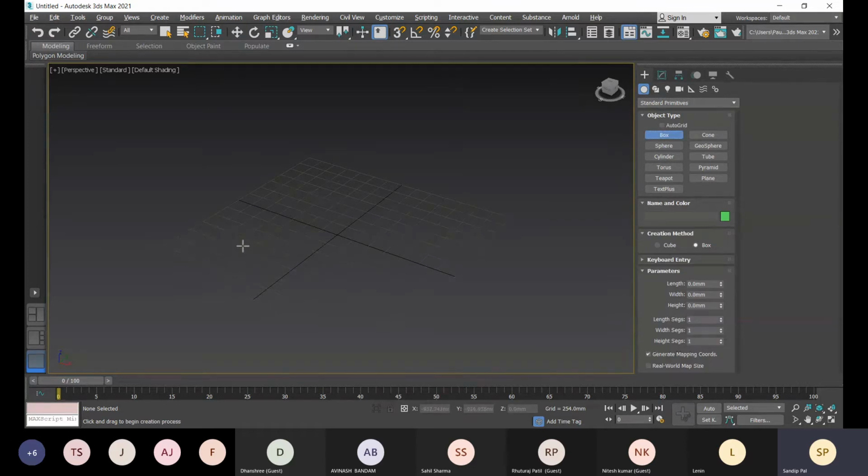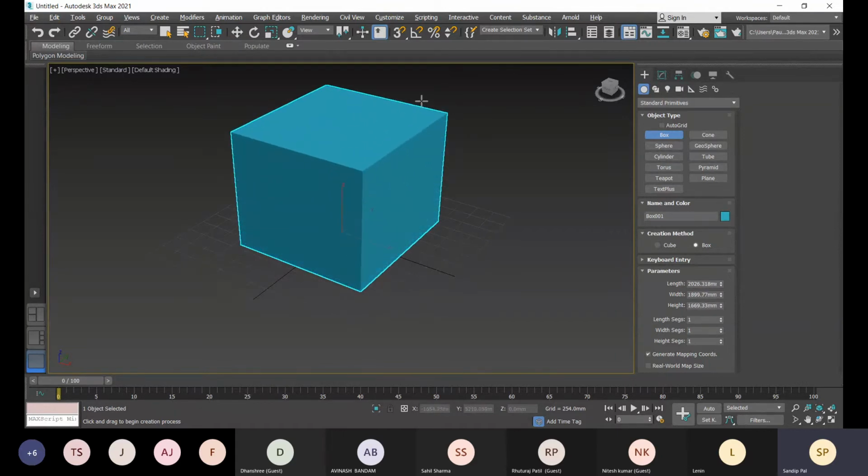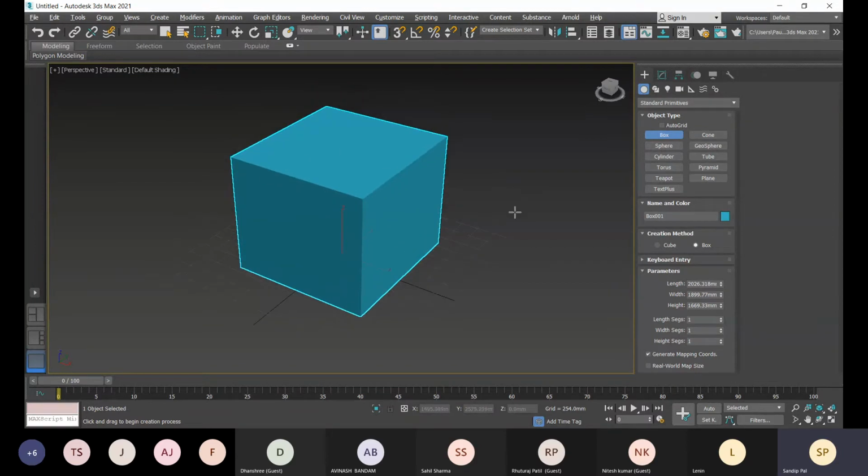Here you see you are creating normally from one corner to another corner, and then you give it a height. I hope you have done AutoCAD 3D, right? The same process to create the box. But here we can also define whether the length, width and height will be different or the same. For that we can choose the cube option. That was also available in AutoCAD 3D. Here we get it separately in the command panel.